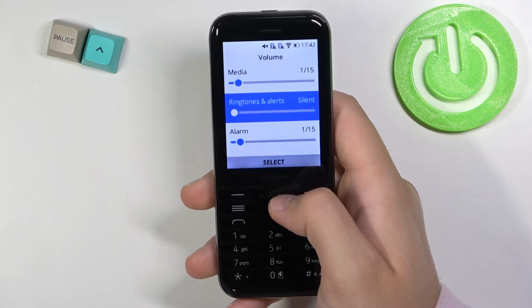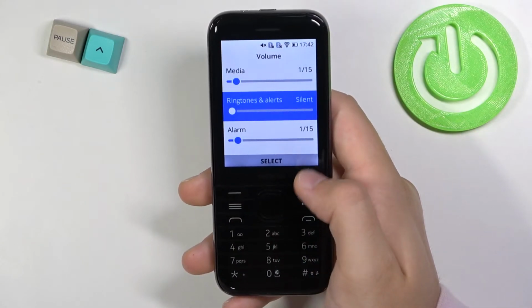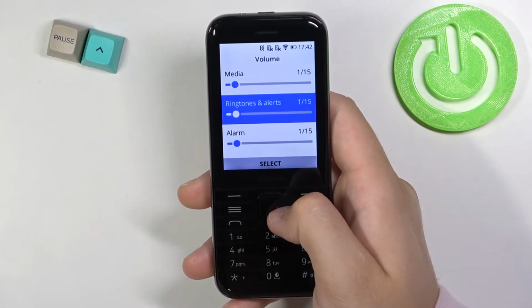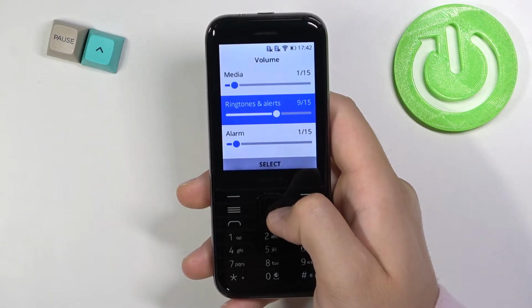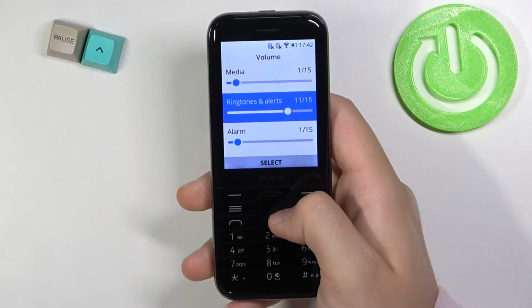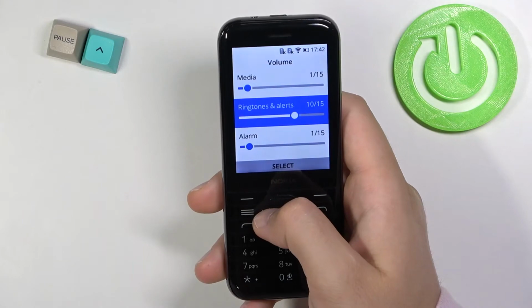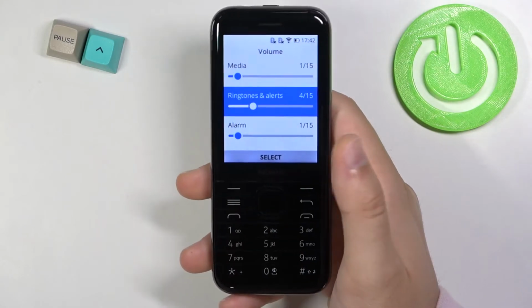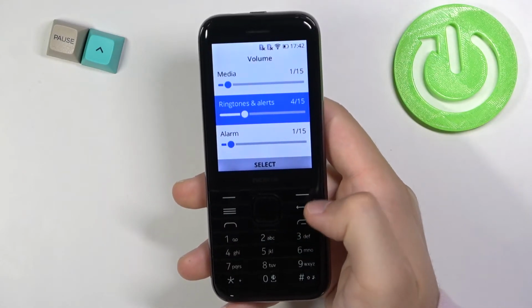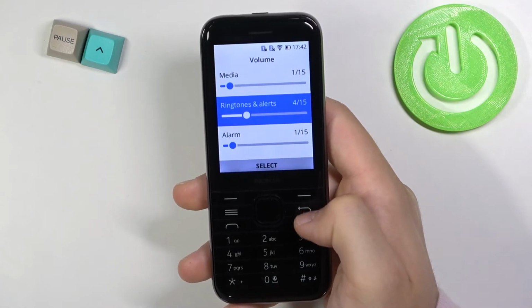As you can see, currently our ringtone is silent, so we can enable it by moving to the right, so we can increase the volume of the ringtone or decrease it by going to the left side. And if you set up your best volume level, you can